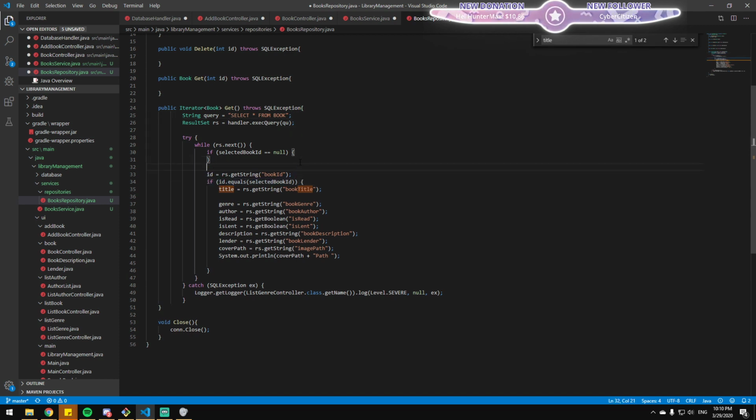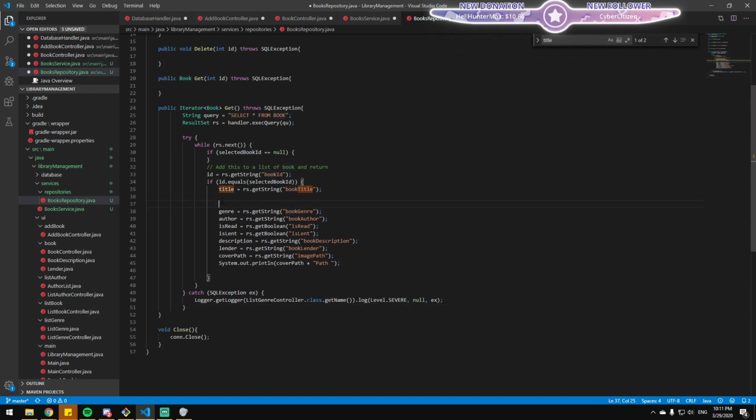Well, anyway, add this to a list of books and return. So you return iterator book, and here you create a new book. There is no var, right?